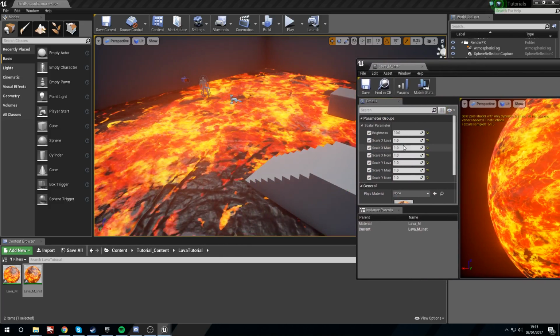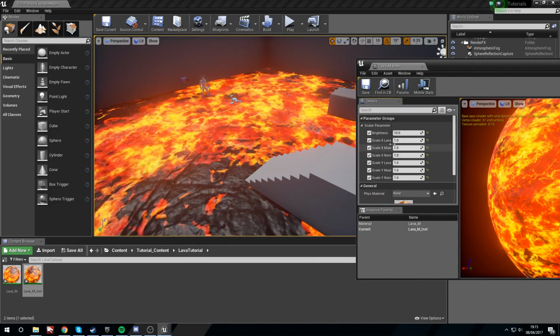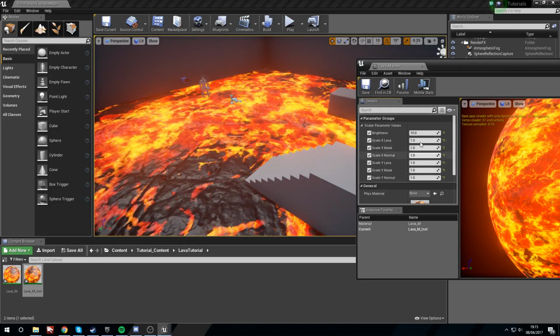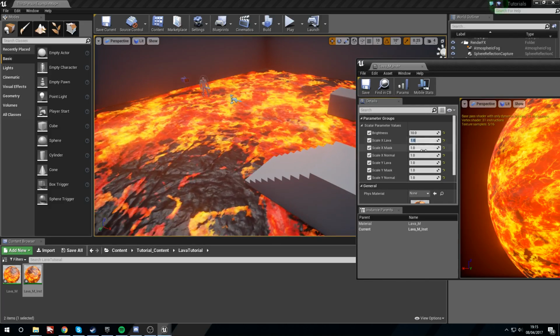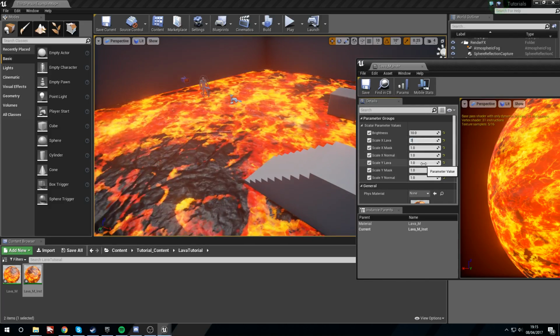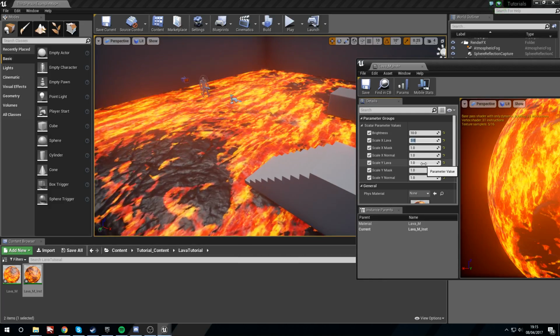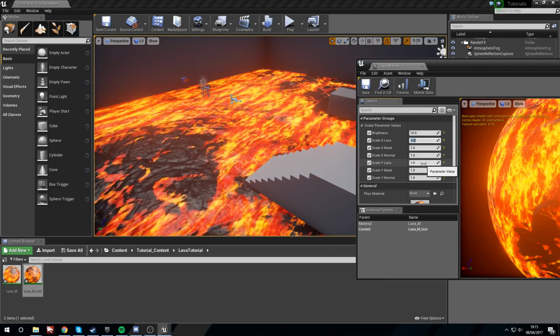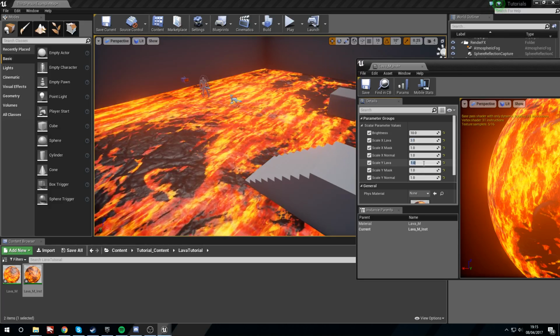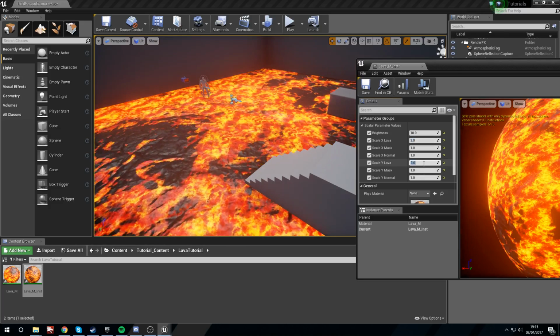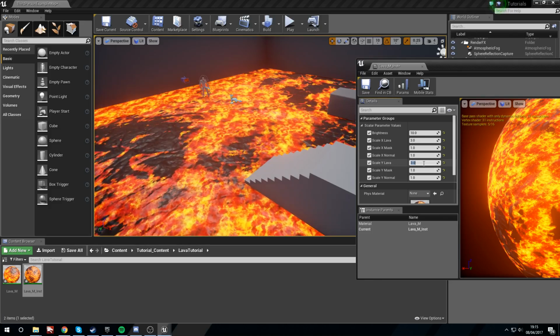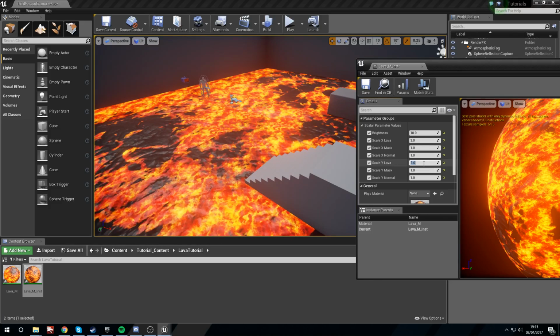Let's move this along. And now if we were to say, we'll group these for you in a second. If we just want to scale the lava, we could say, you know what, I want 3 lava on the X, but only 1 lava on the Y. And now you can see that we've got like this streak here. But if you didn't want the streak here, you can do that. And now we've got larger clumps of red and rather smaller clumps of red and yellow, but we've still got